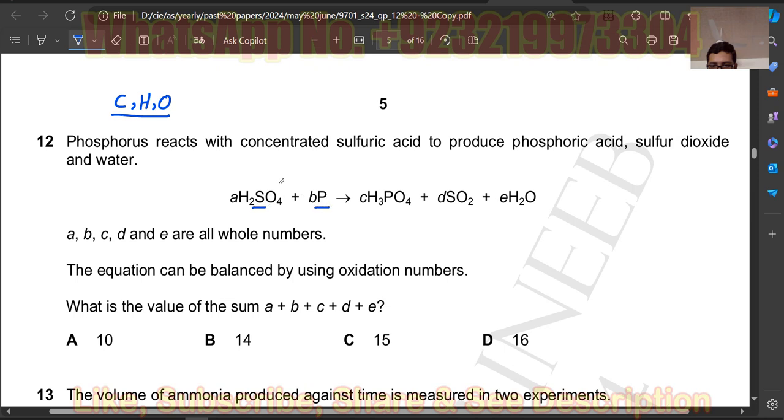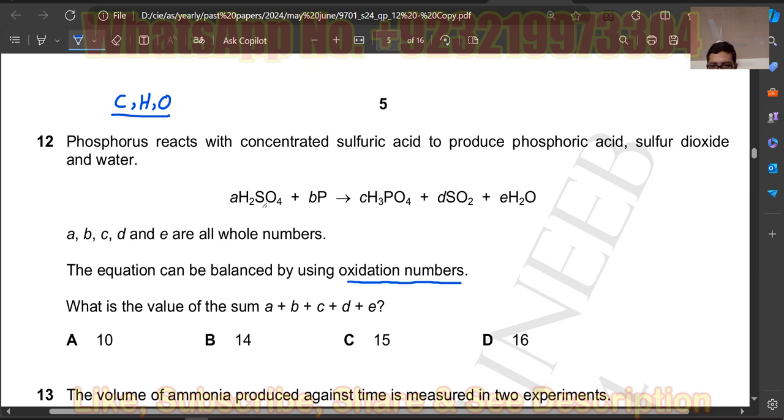So, we see that sulfur and phosphorus both are already balanced in this chemical equation. Now the last ones are hydrogen and oxygen, which need to be balanced. But I'm not going to balance them right away because the question states that we need to use the oxidation numbers to balance them. So yeah, we need to put the values of the oxidation numbers over here, and we